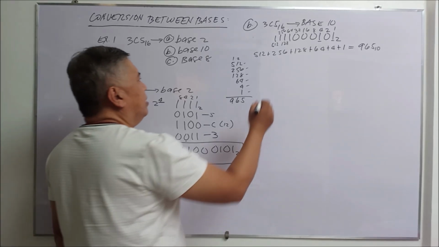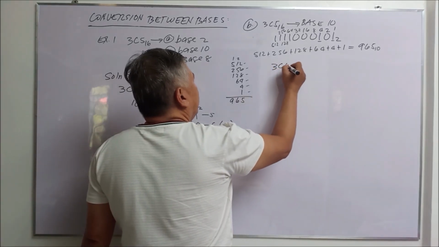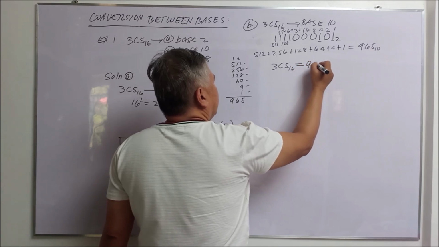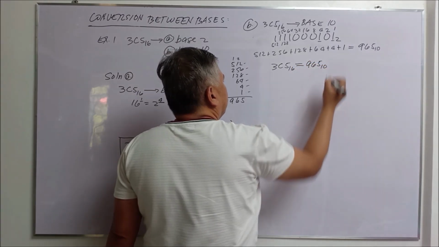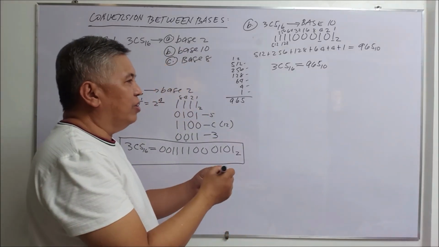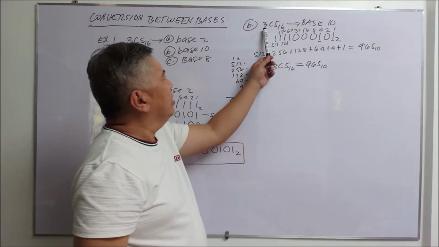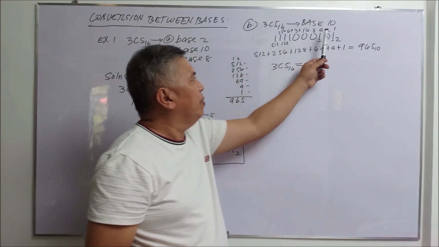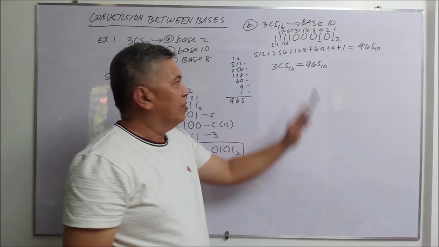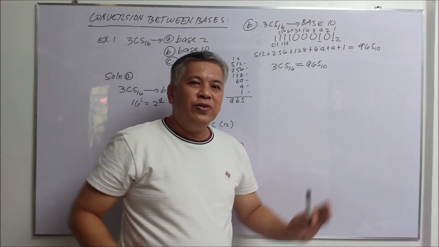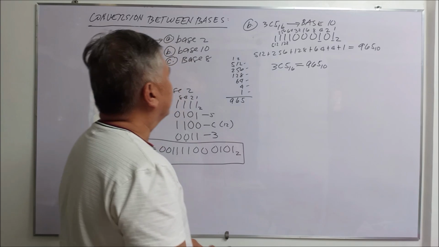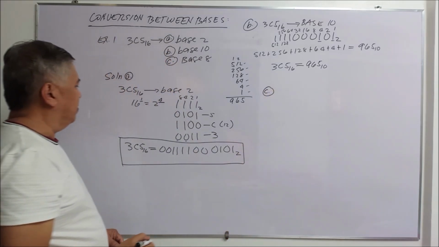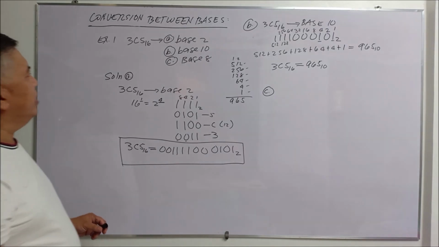Okay? So in other words, 3C5 of base 16 is equivalent to 965 of base 10. So how do we do that? By converting 3C5 into base 2 and base 2 to base 10. Okay? Well, base 2 to base 10 without boundaries. Then, what will be our solution for letter C? Letter C is